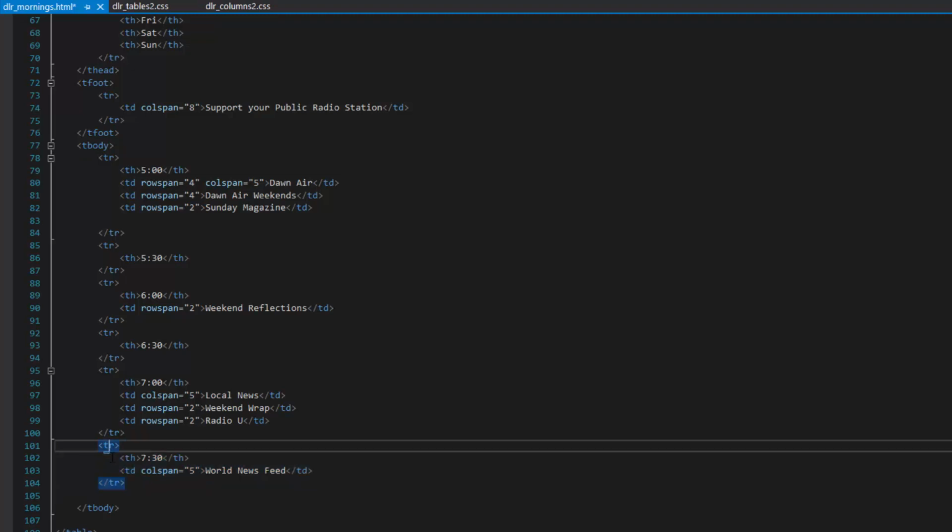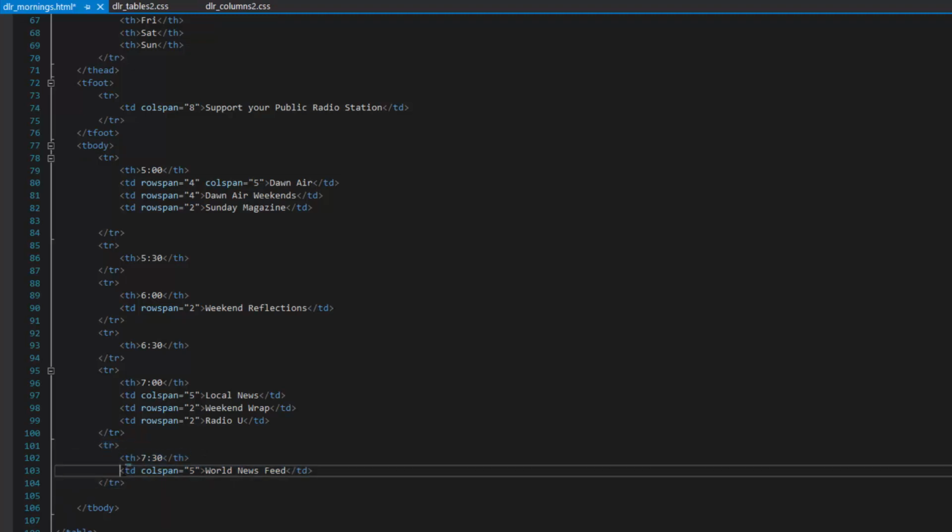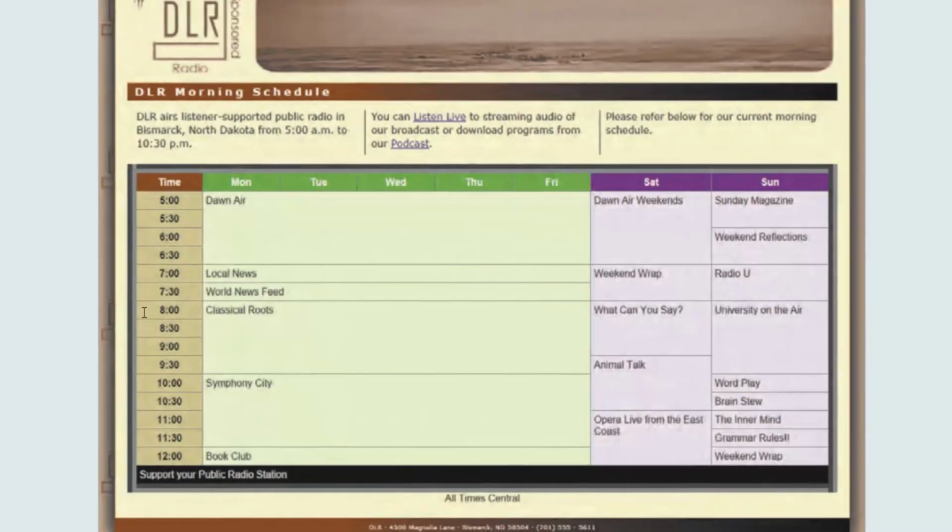There you see our TH, 7:30, and then the World News, which is a half-hour show, on 5 days a week, so we gave the TD a col span of 5. Save the change. We're up to the 8 o'clock hour now, so a new row, TH for the 8 o'clock,